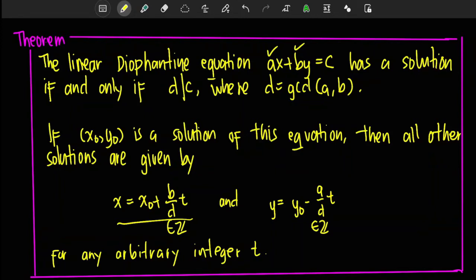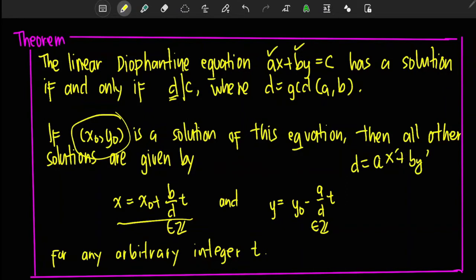Now, for us to determine all the solutions of this Diophantine equation, we need to find a particular solution. And that solution can be determined either by brute force or you can use the expression for D. Of course, we know that since D is the GCD of A and B, then we can always express D as a linear combination of the numbers A and B. So that means once we know the linear combination of D in terms of A and B, so let's say we have a particular expression AX prime plus BY prime